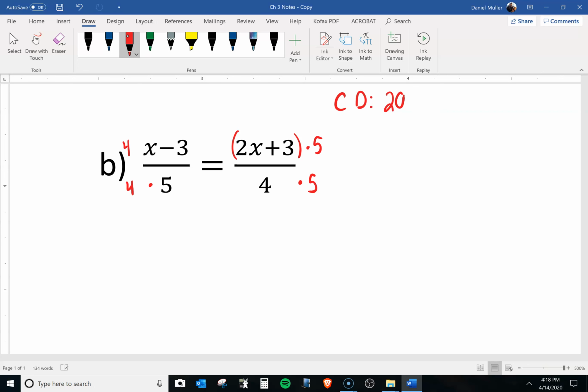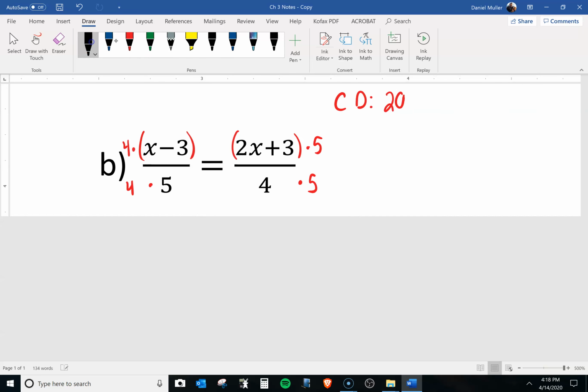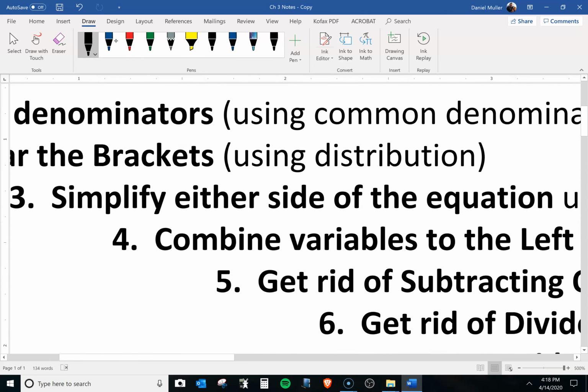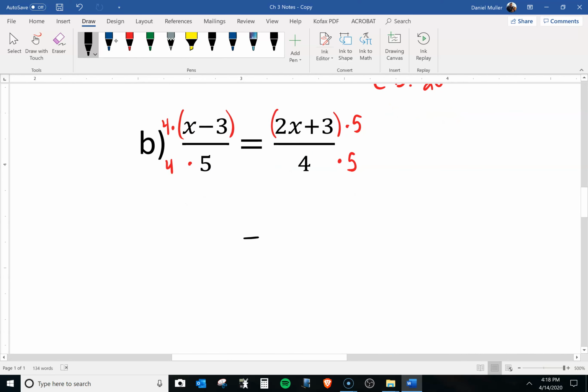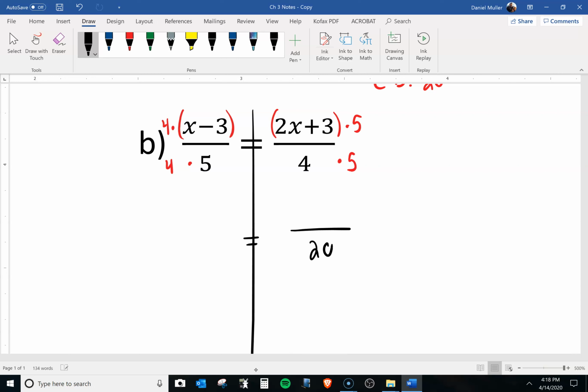Now you notice that on the top, I put it in brackets when I multiplied it. And the reason is because the 4 has to go into all of these things. So on the bottom, let's deal with just our denominators here. Sorry, that zoomed up a little bit there. So on the bottoms, 4 times 5 is 20 on the right, and 4 times 5 is 20 on the left. On the tops, however, 4 times x, 4x,